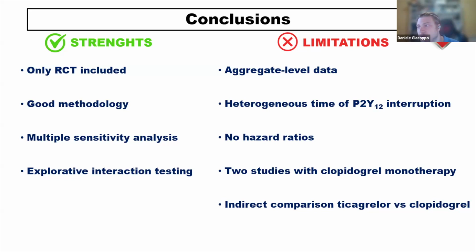So the original design would imply using the hazard ratio, which incorporates the effect of time and dropout of patients. And two studies, as you have observed in the nice review before my part, were clopidogrel monotherapy based. This is only a small part of the entire data set, so I would